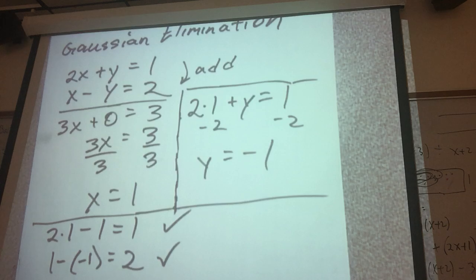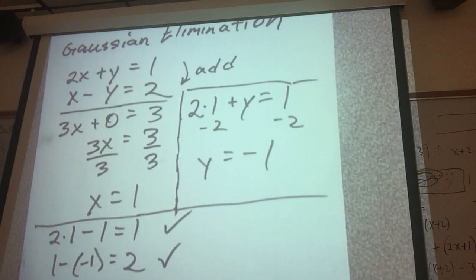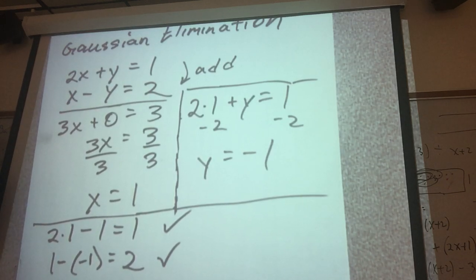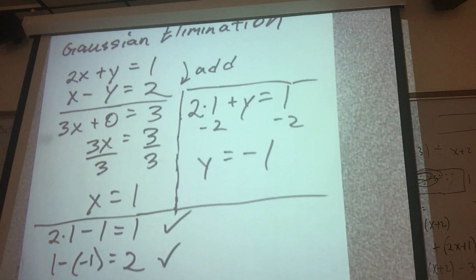All right, so now we're going to try a 3x3 system of equations using Gaussian elimination. Okay, so